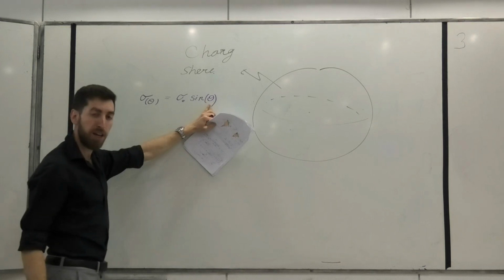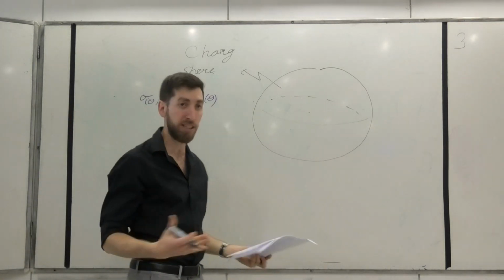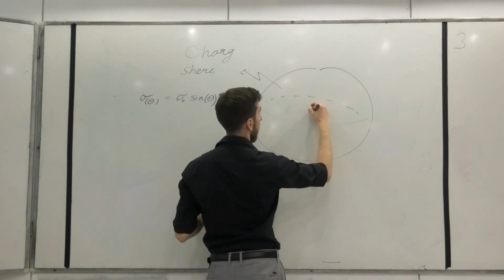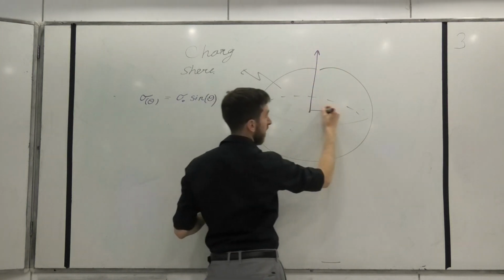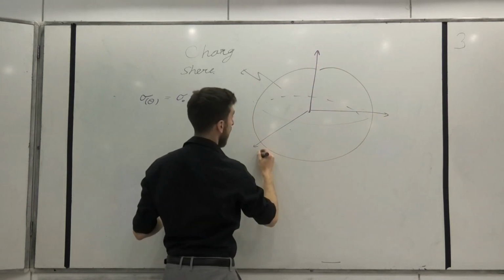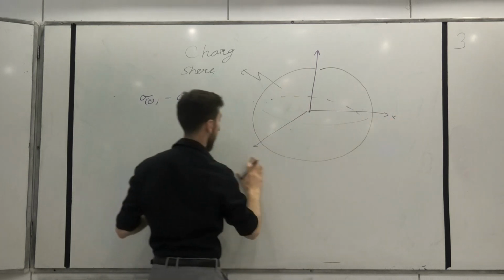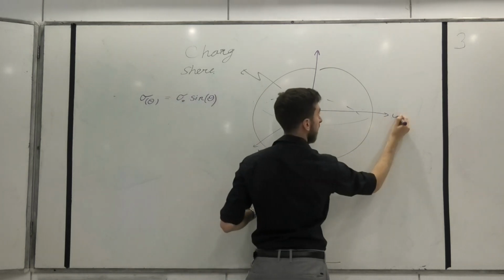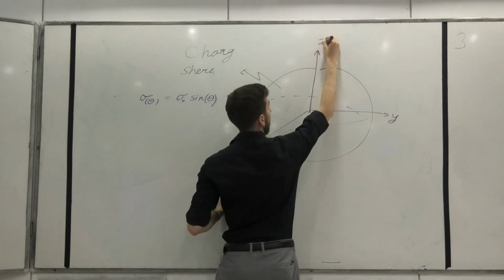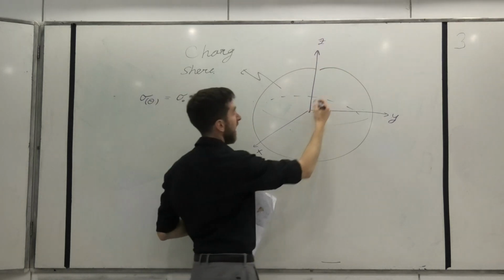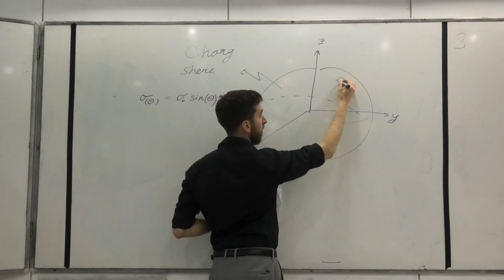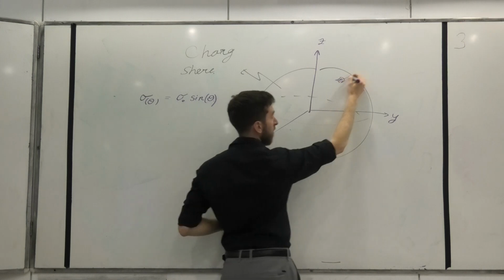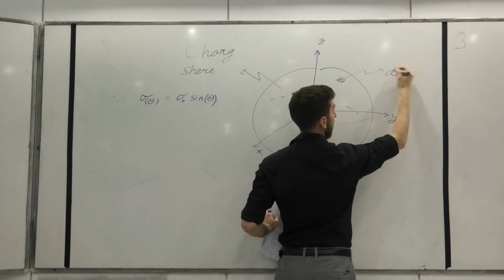And who is theta? If you remember the spherical coordinates, if this is the z-axis, this is x, and this is y. It's important. So theta is actually, if I want to look at a specific location, this kind of a dA,